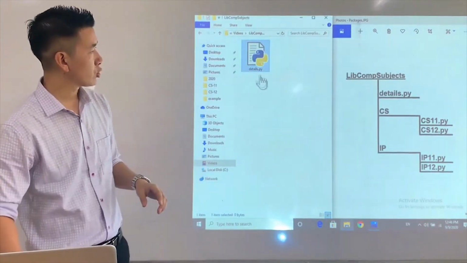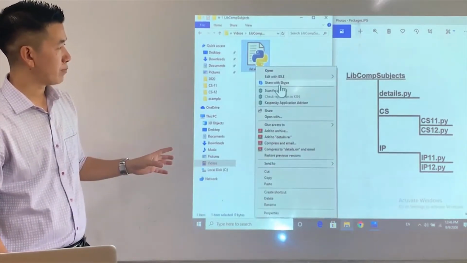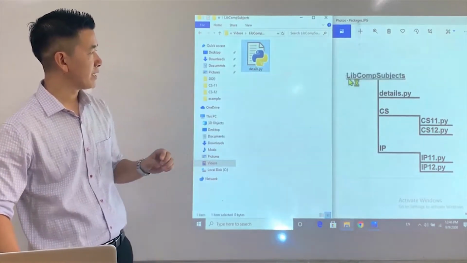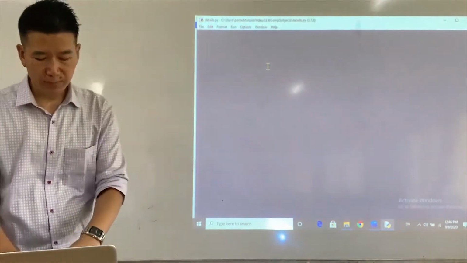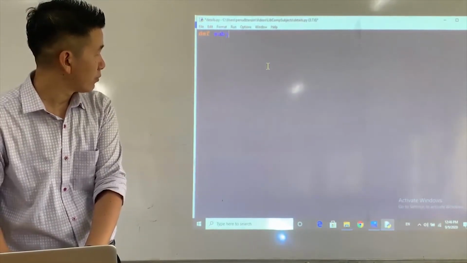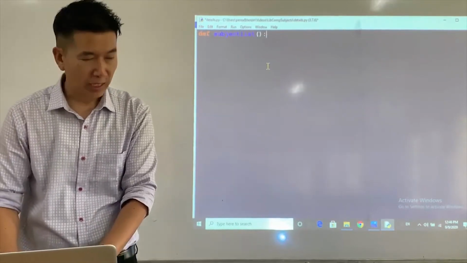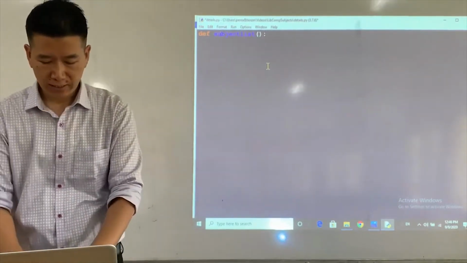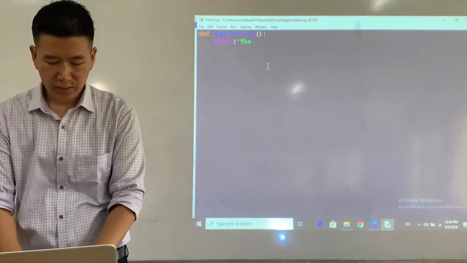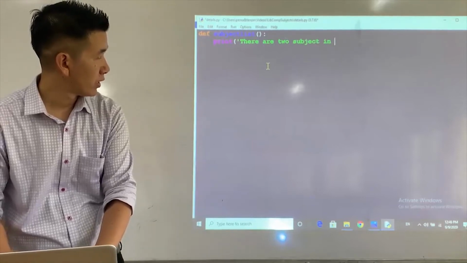So in this, I'll just make some changes. So go to edit with IDLE, and then I'll make some changes, right? I'll add something, let's say def subject_list, right? This is just an example, all right? I'll come up with a function, and then in which I'll print a message saying there are 2 subjects in